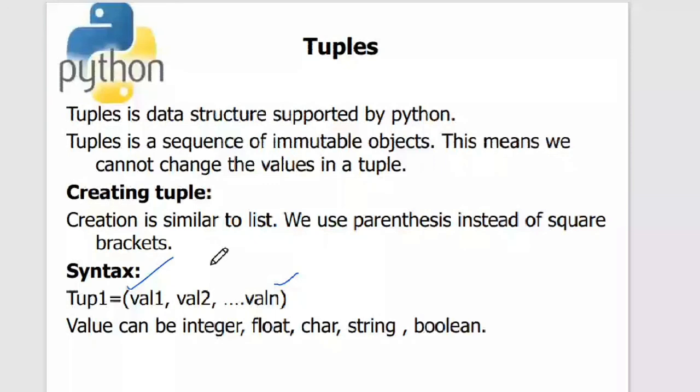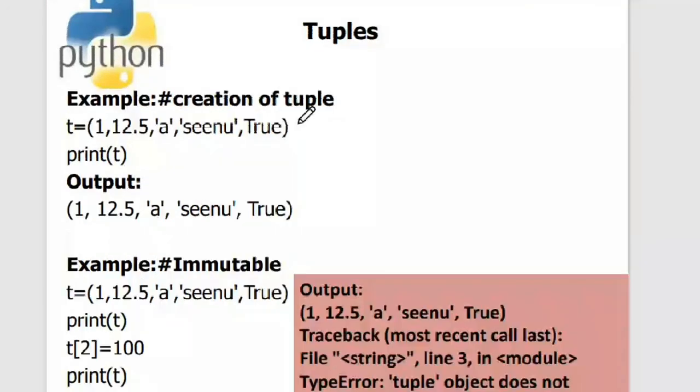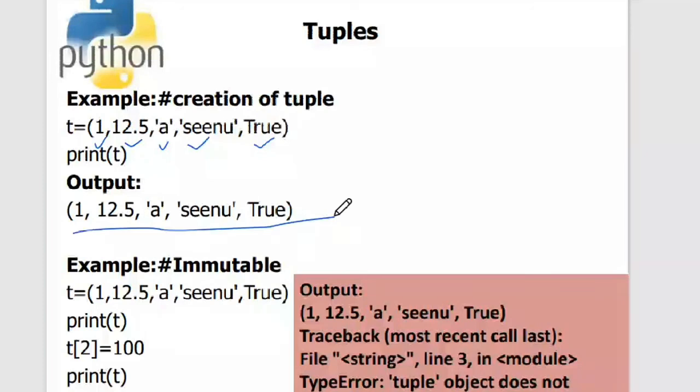So let us look into how to create tuples. To create the tuples, I can simply say t is equal to, and I have given different types of data into the tuple. I have taken an integer, a float, a character, a string, and a boolean. And then I said print t. When I said print t, this is the outcome of this particular tuple. I just wanted to show you that tuples are immutable, meaning that you cannot change the object. Here the object is t. This is the tuple which is created, and I have printed the tuple.